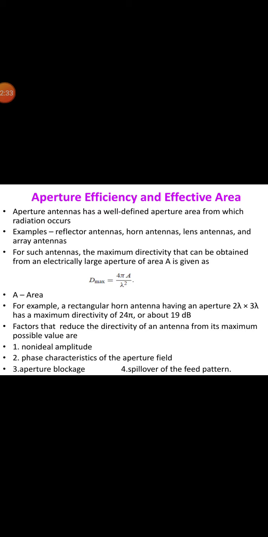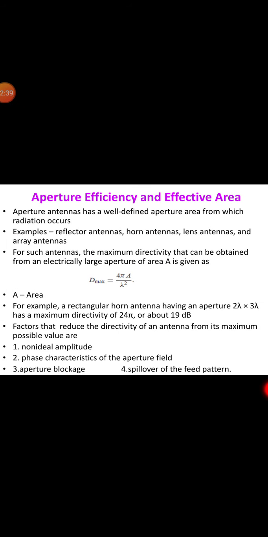Now, consider an antenna with effective aperture AE which radiates all its power in a conical pattern of beam area ΩA. Assuming a uniform field EA over the aperture, the power radiated is given by P = (EA²/Z0)·AE, where Z0 is the intrinsic impedance of the medium. Assuming a uniform field ER in the far field at a distance R, the power radiated is also given as P = (ER²/Z0)·R²·ΩA.